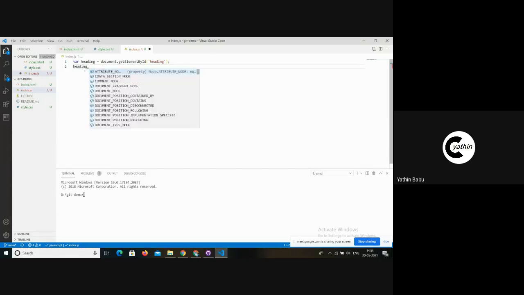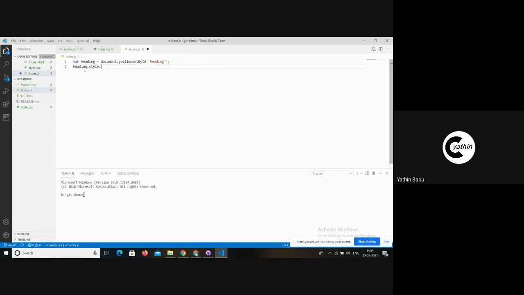Also, one more thing I want to let you know is that we can also add style rules to HTML elements using JavaScript. It's very simple and easy.